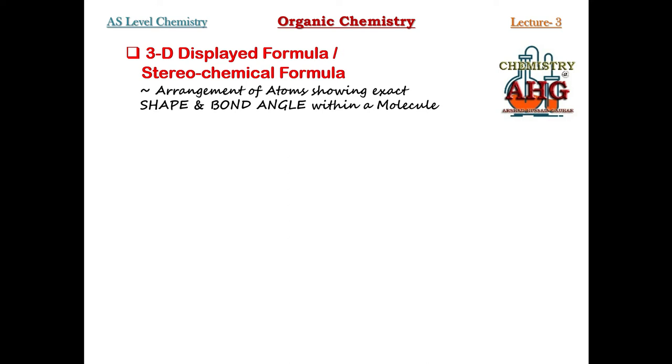For example, the example that we are talking about, butane: if we take any one carbon of butane, with respect to a particular carbon of butane we can draw the 3D displayed formula. Look at the formula, then I will give you the explanation. Okay, this is the 3D displayed formula of butane. What you can see, this carbon atom is the central carbon atom. You can see this carbon is showing how many covalent bond? 4 covalent bond are shown by this carbon atom.